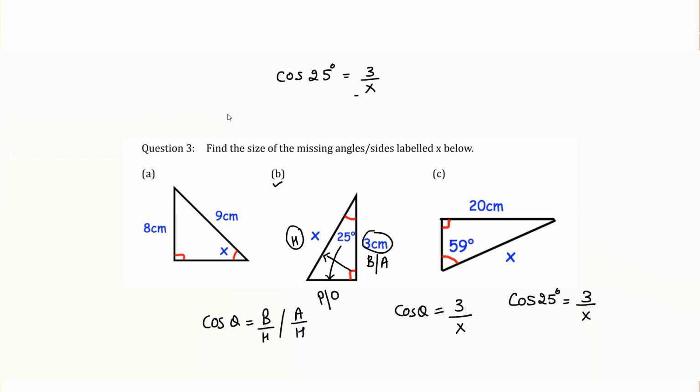I will take x to this side, and I get x into cos 25 degree is equal to 3. Then x is equal to, because we need the value of x, we take cos 25 degree to this side. We get 3 over cos 25 degree. And when we solve it, we get our answer as